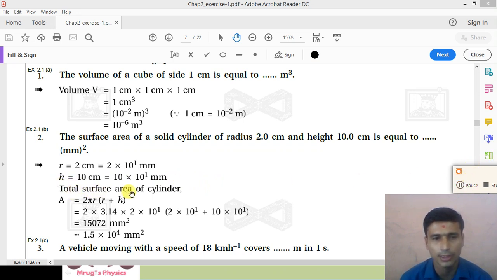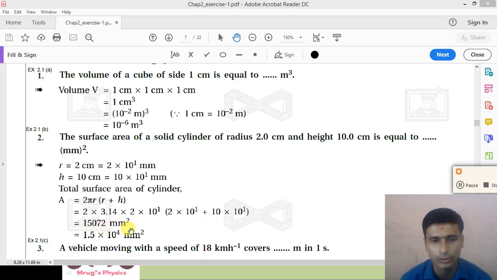So the total surface area of the cylinder A is equal to 2 pi r (r plus h), the formula of the total surface area of a cylinder, right? So we put the value of pi as 3.14, multiplied by r, that is 20 millimeter or 2 into 10 raised to 1 millimeter, bracket r, 20 millimeter plus 100 millimeter. If you calculate this, we get the answer